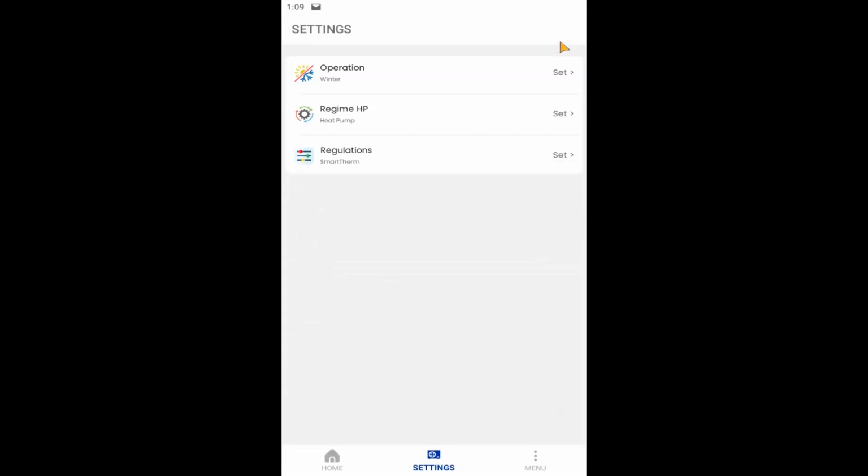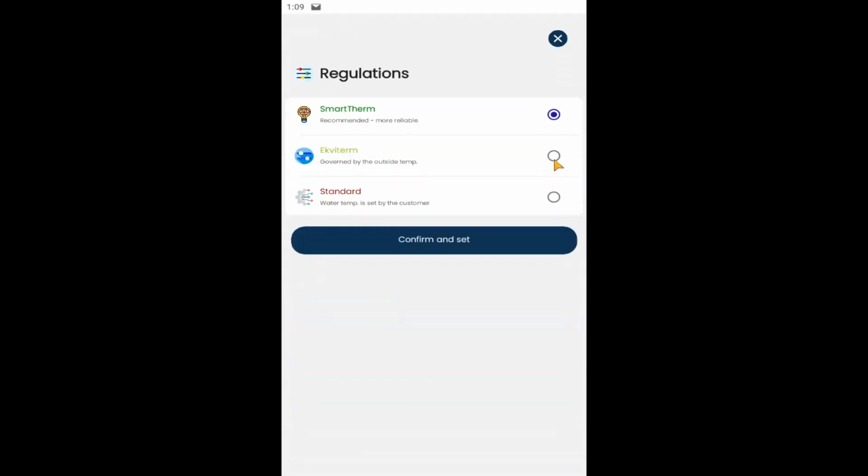There are three types of regulation available: either the classic Ekviderm, as we know from other manufacturers, or standard, where the water temperature at the return is maintained, or an intelligent way of control, previously called Ekontherm, now called SmartTherm, which can control the pump based on some internal logic of evaluating the request for internal temperature, outdoor temperature, and finding a kind of 3-day history of how the pump behaved with various demands for this data.